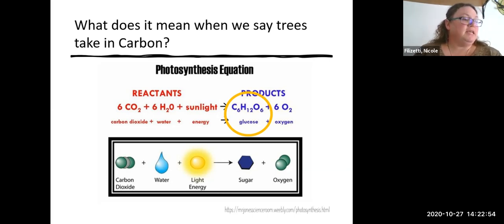Lucky for us, the tree doesn't need most of its oxygen, so it gets rid of it through its leaves, where it enters the atmosphere and becomes available to other living things. If you look closely at the glucose in our equation, right here circled in yellow, you'll see that it also contains carbon. So the tree takes in carbon and makes oxygen, and then it uses some of the carbon to build more of itself. The tree stores some of the carbon that it takes in through the atmosphere